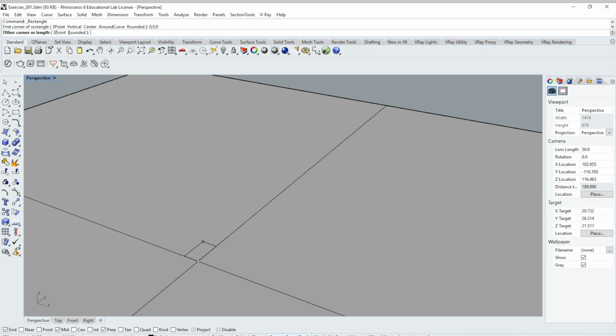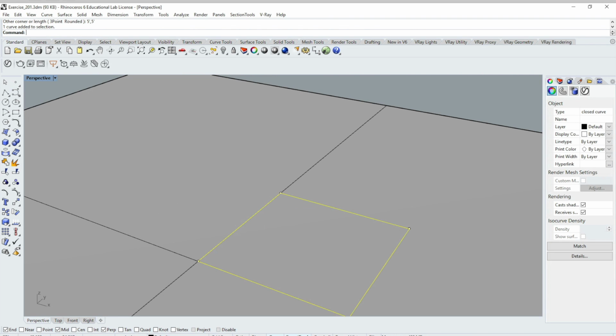But when I hit enter on the keyboard, it then starts my shape right at where those axes meet. And then I can type in 5 feet, which would be 5 apostrophe, comma 5 apostrophe, and hit enter. And that will draw my shape that is exactly at 5 feet.